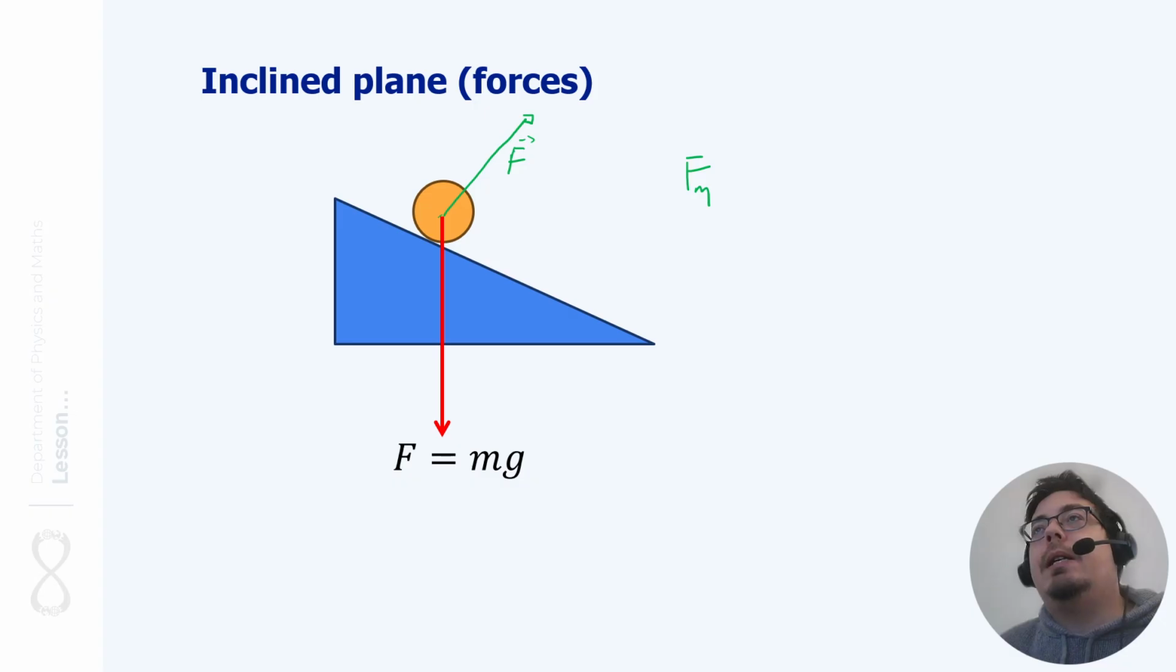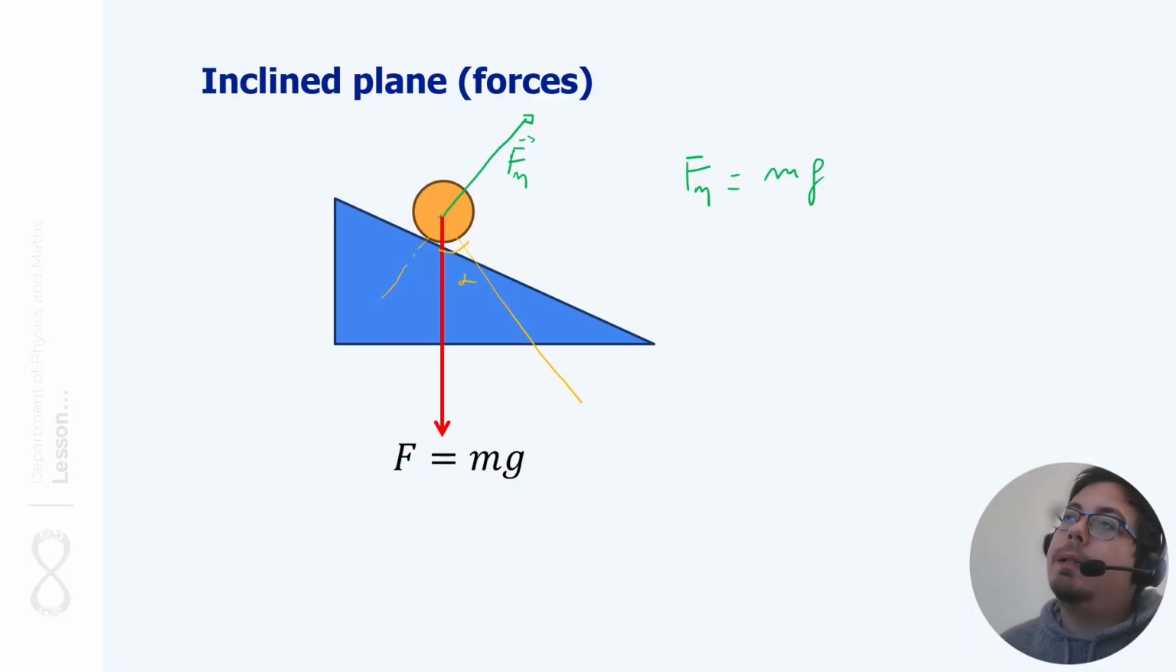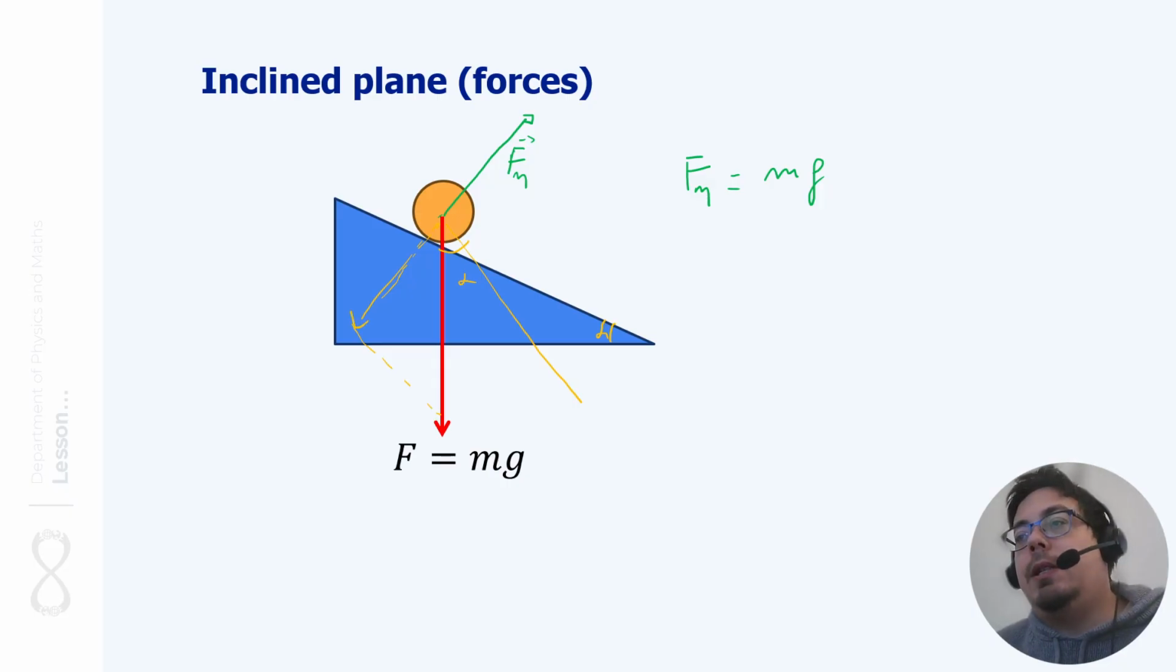eta, which is the friction, equal to mg times... we need to do some trigonometry. This is alpha. This is alpha. So this force here is mg sinus alpha. And the friction, F eta friction, is mg eta